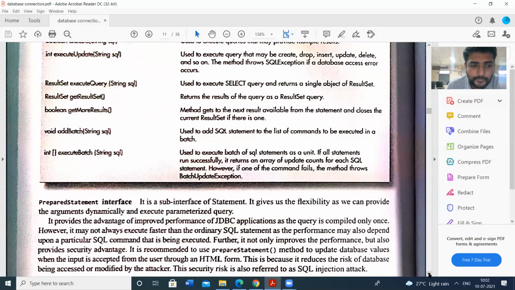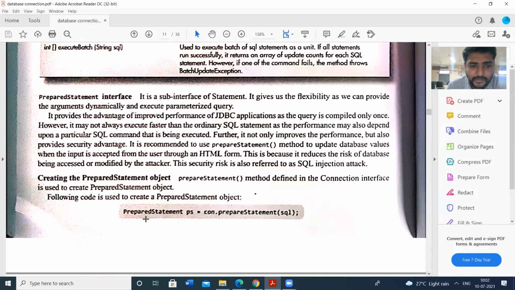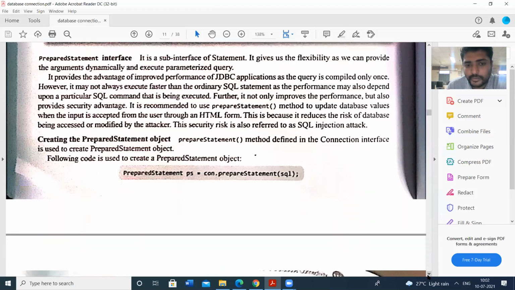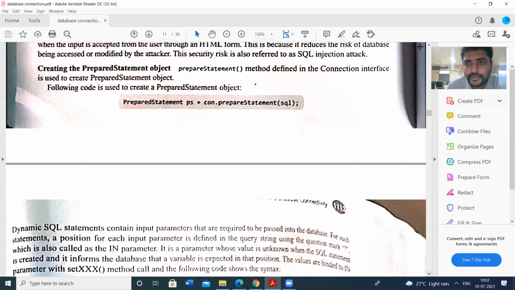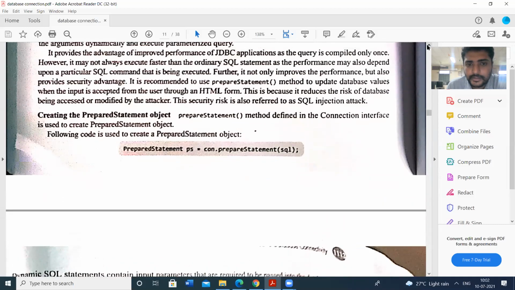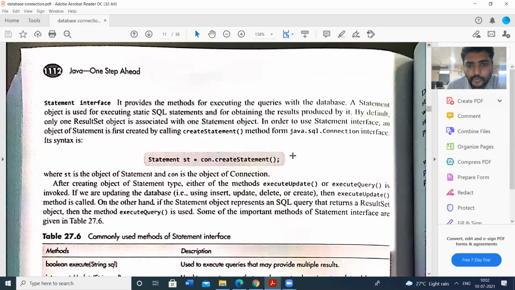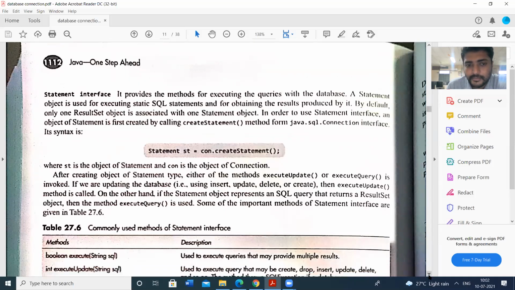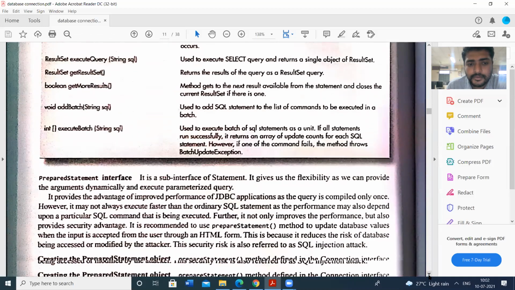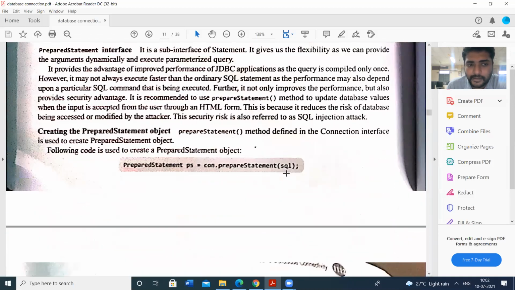If you want to use the PreparedStatement to write the queries, we have: PreparedStatement ps equal to connection.prepareStatement(sql). You can pass the SQL object. In the Statement, we don't pass any parameter to this method, but with PreparedStatement, we have to pass the parameter sql.